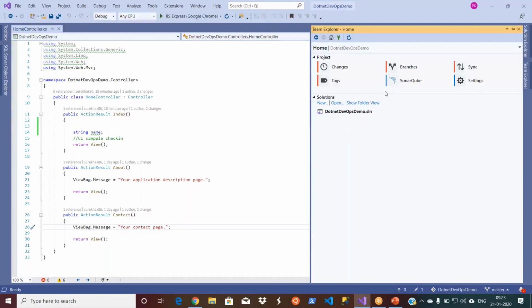I have seen some bugs are integrated also. No, not SonarCloud bugs. Okay, I'm talking about the bugs you create in your Azure Boards. You have the work items, those things. SonarCloud, those are the violations. Okay, that's not a bug. So there is a difference. Bug means a bug created by a tester against a particular functionality.